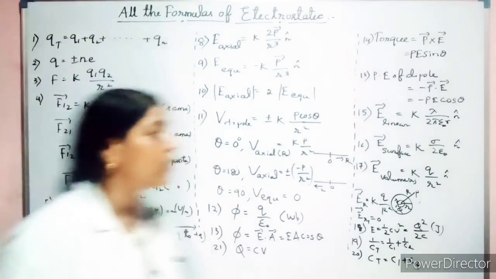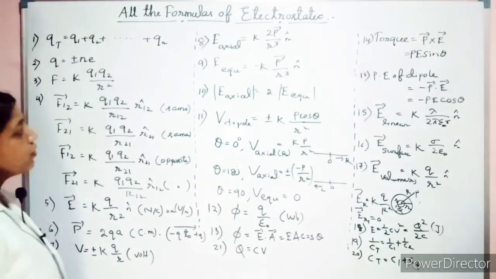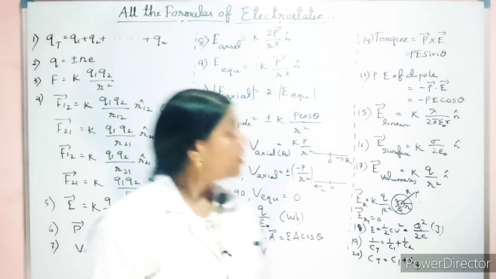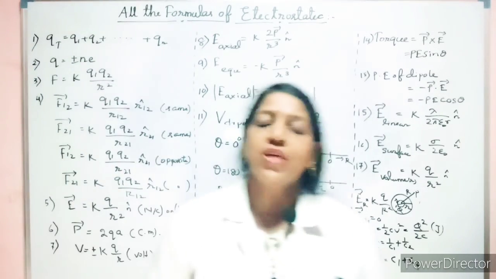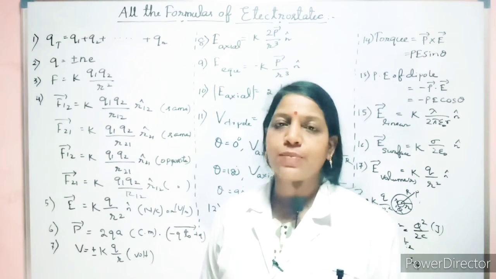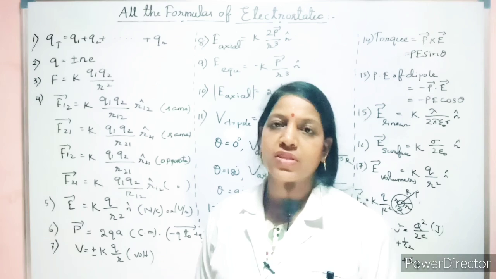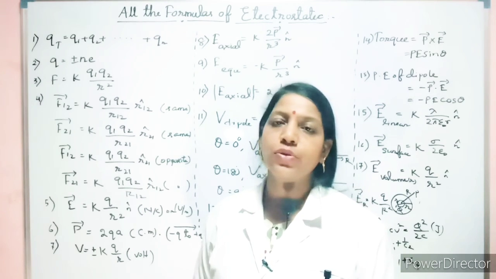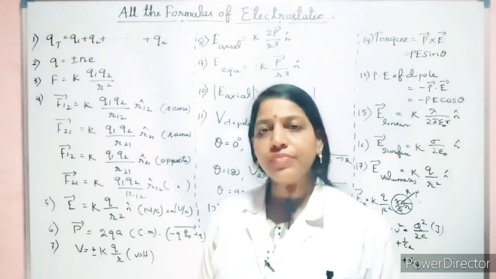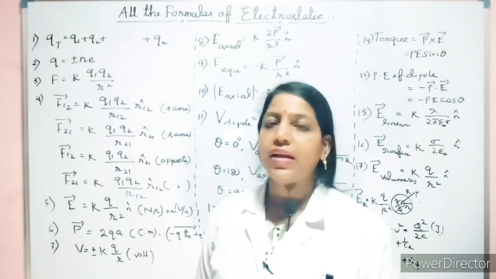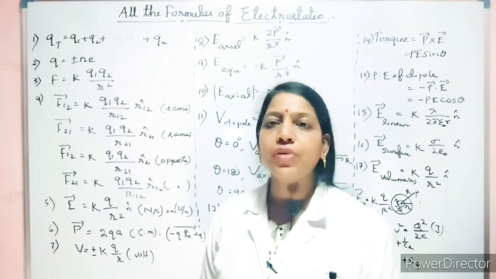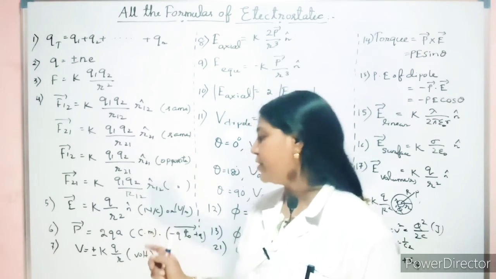I hope I covered all the formulas. It's around 21 formulas related to your electrostatics chapter, in which I have left out the superposition principle. It is nothing but the summation of all the forces on that charge, so vectorially you just need to add it. Similarly for the electric field, you are finding kq by r square. For n number of charges, what will be the electric field? You are going to just add it and extend it. That's all. Nothing new in that. So I have not mentioned it.